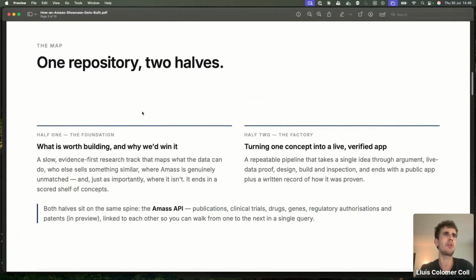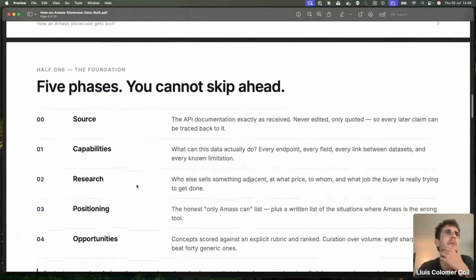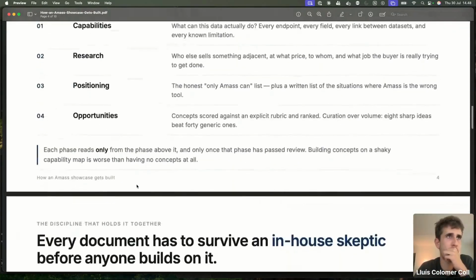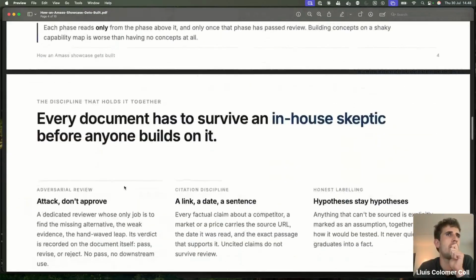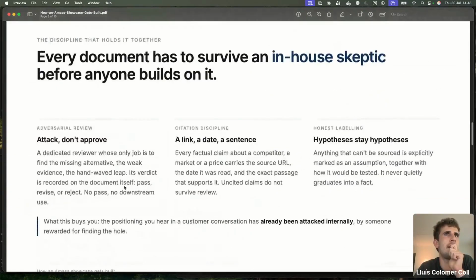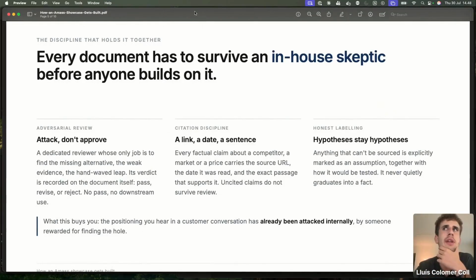In one repository, we map out the foundation, and in the other one, the factory. And then we scored each idea into these different modes. And then, of course, there was a workflow defined by a Claude skill: be skeptical, test it exhaustively with the API, and only approve ideas that are actually feasible and where Amass brings genuine value.